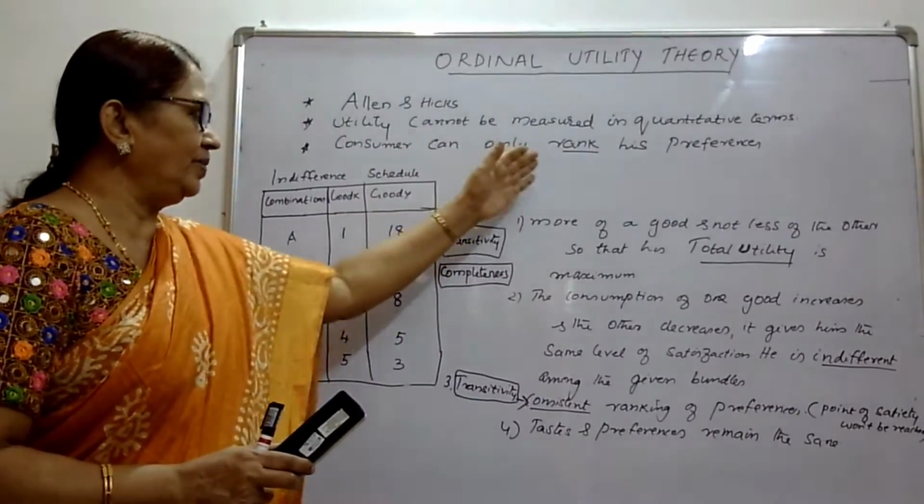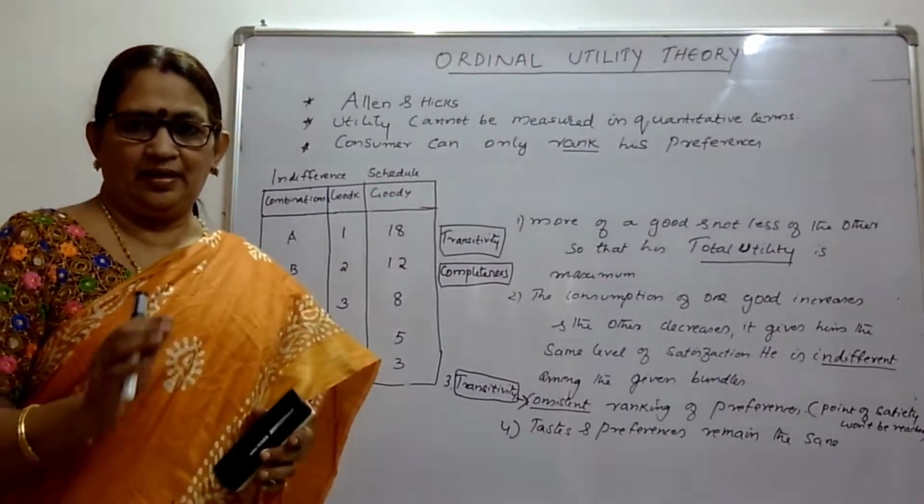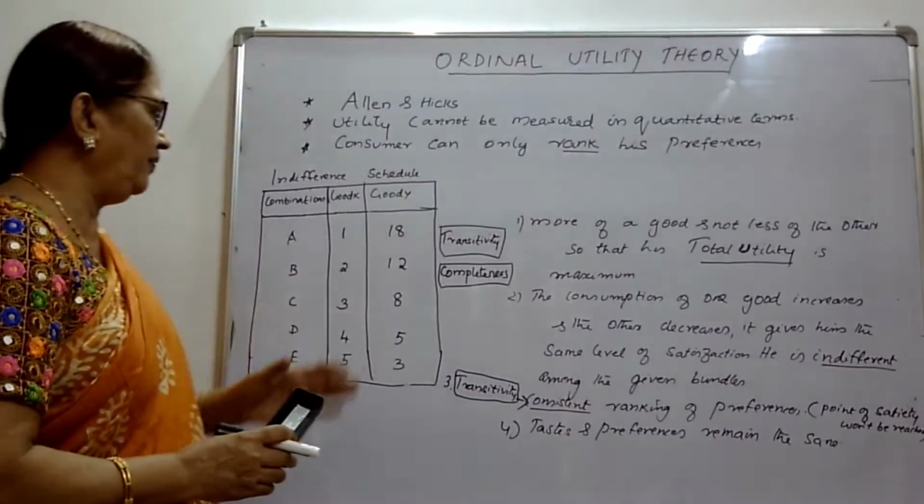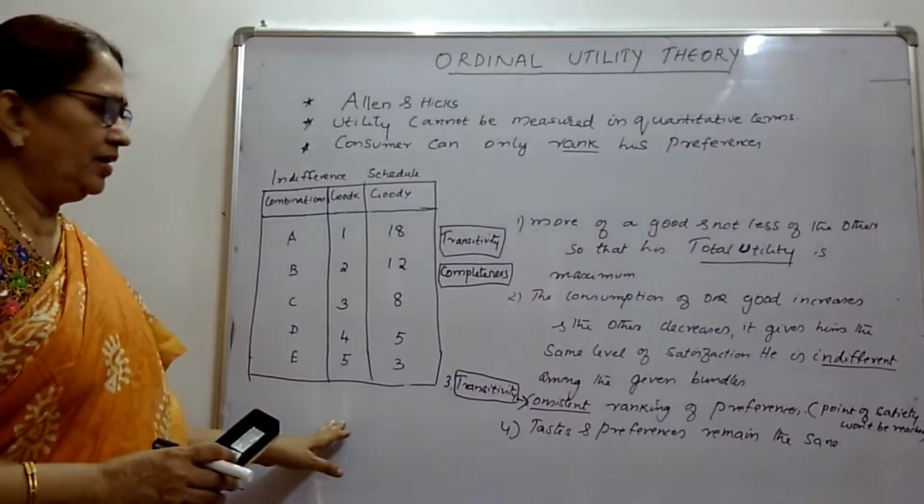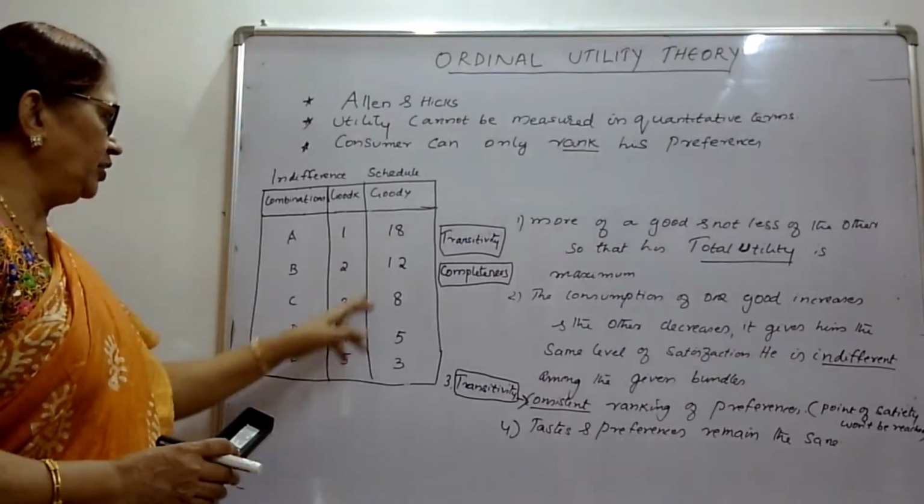So how does the consumer rank his preferences? I have already explained. Now see, an indifference schedule is given which shows the alternative combinations of two commodities, good